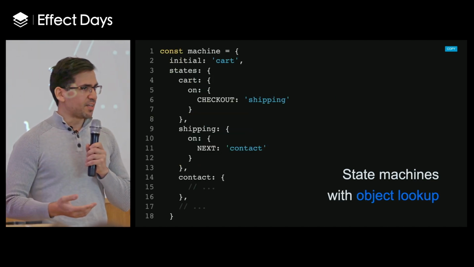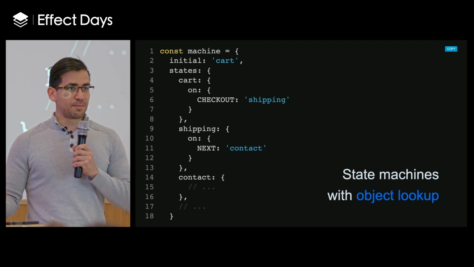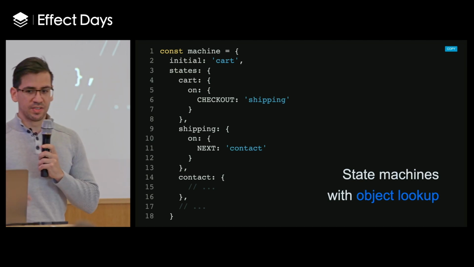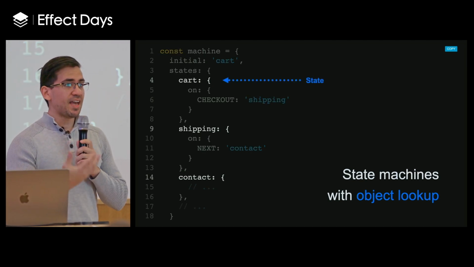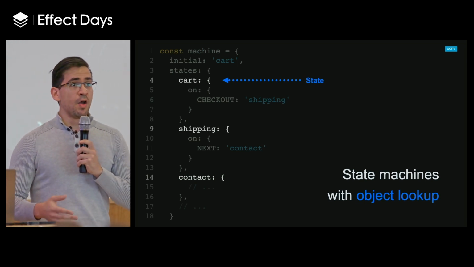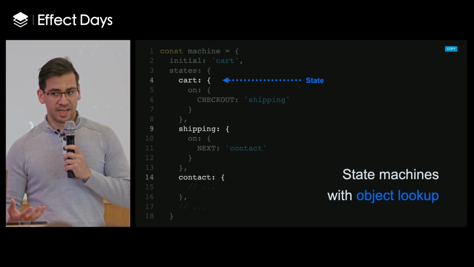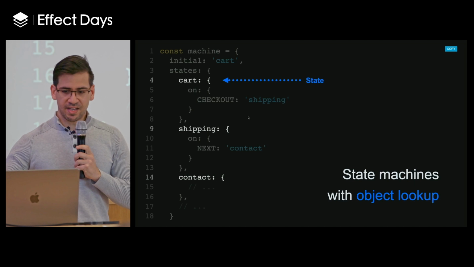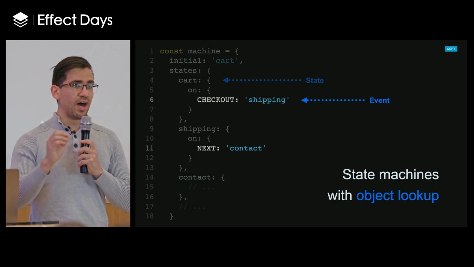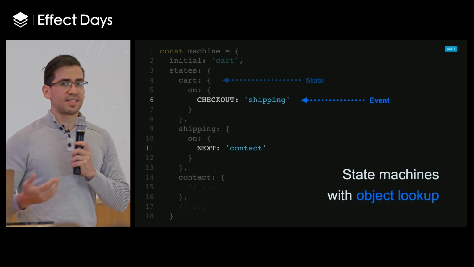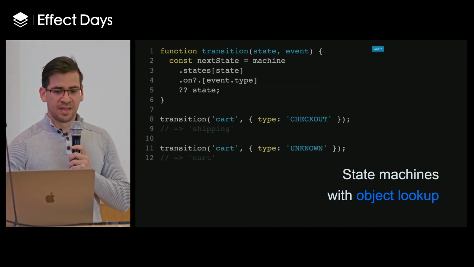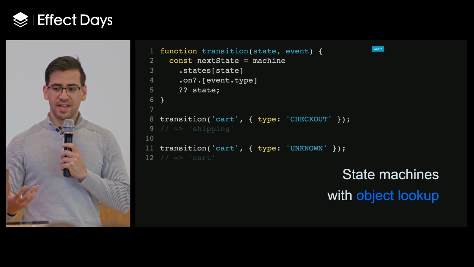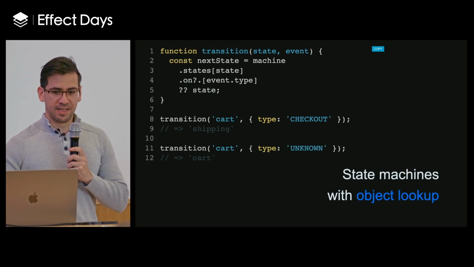Now, I don't really like writing switch statements, so I instead prefer to do an object lookup. Now, this also does not require a library. You could do this yourself, where we basically have the same structure as a switch statement. We're just doing it in a more declarative and more serializable way. So you could say, OK, my states are cart, shipping, contact, etc. And then we have our transitions. So on these events, I'm going to tell you what the next state in my state machine should be. And then we could just use a simple transition function to get the current state and the event and return what the next state should be.